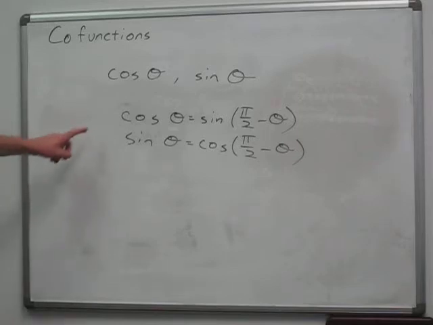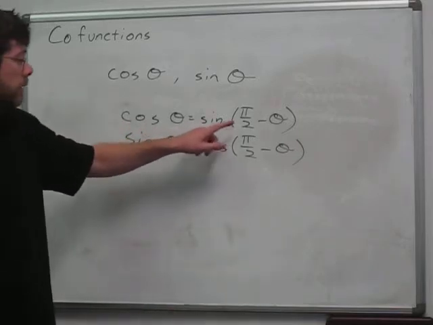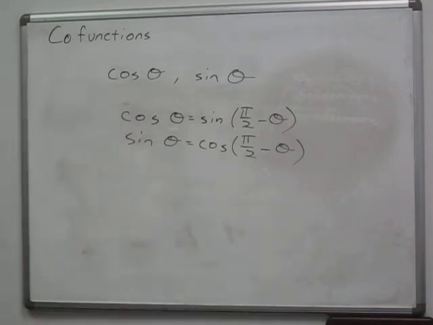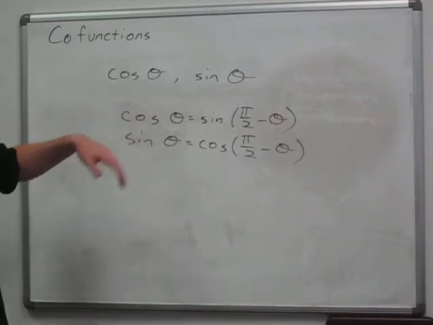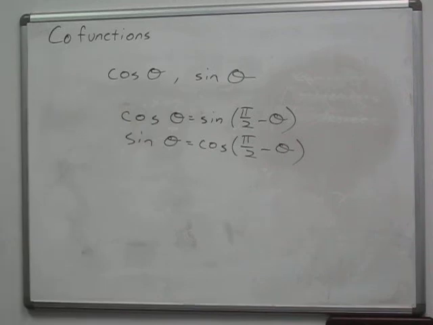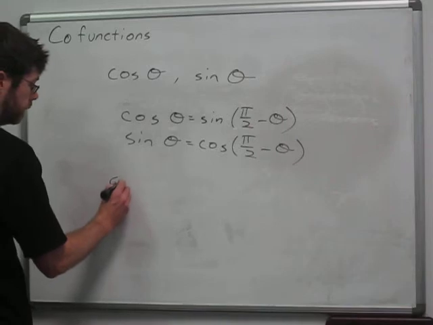Cosine of an angle is equal to the sine of pi over 2 minus that angle, or 90 degrees minus that angle. In the case of a right triangle, all this is saying is that the cosine of an angle is equal to the sine of its complement. And we have an analogous statement saying that the sine of an angle is the cosine of pi over 2 minus that angle. So let's just work through a couple examples